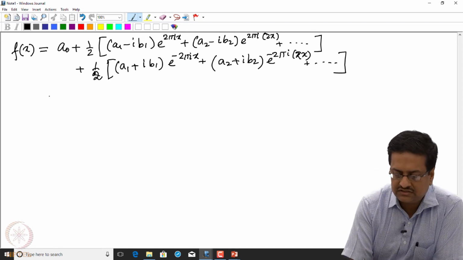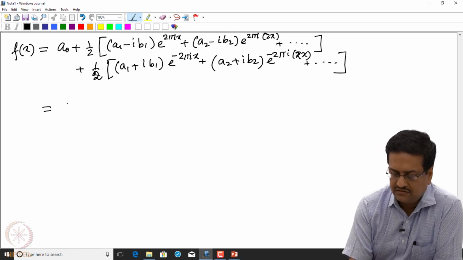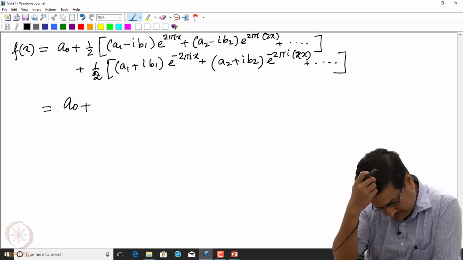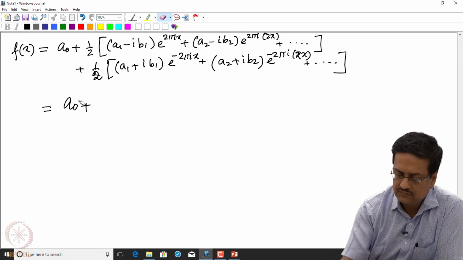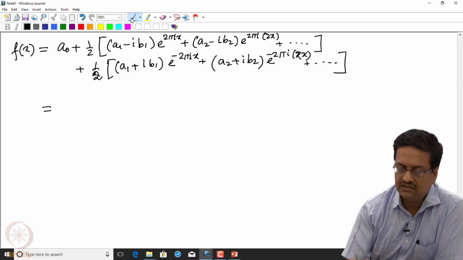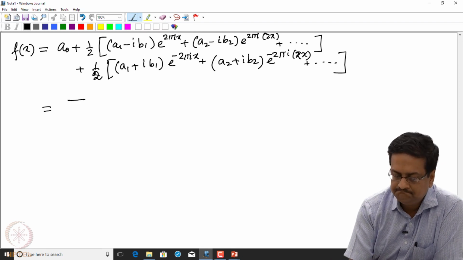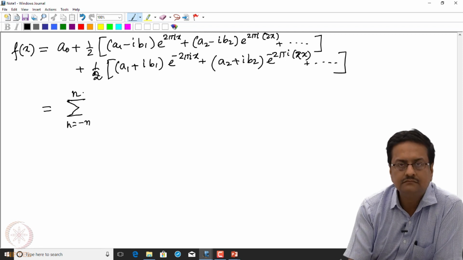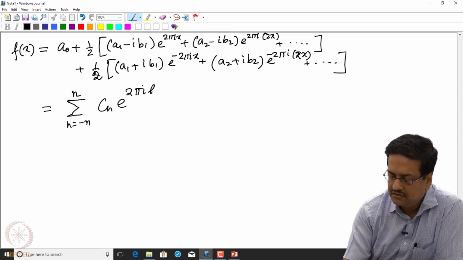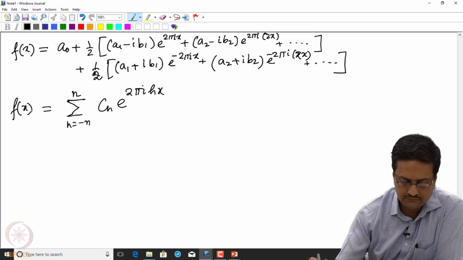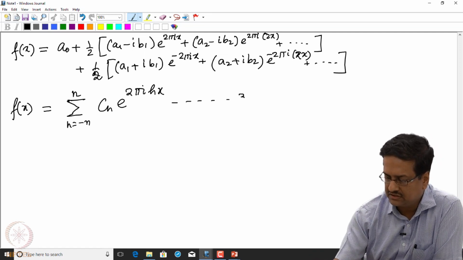So this expression can further be simplified as a0 plus the sum over h equal to minus n to plus n of ch e to the power 2 pi i hx. We write it as expression number 3, where